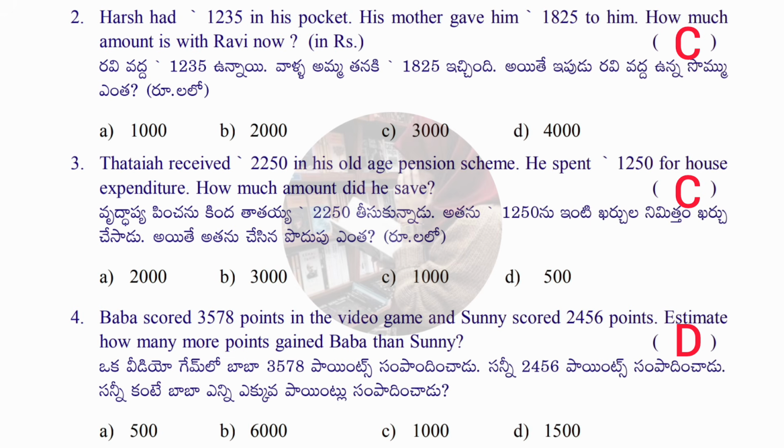Baba scored 3,578 points in the video game and Sunny scored 2,456 points. Estimate how much more points Baba gained than Sunny. So what you have to do is find the difference: you have to subtract 2,456 points from 3,578. You will get the answer as